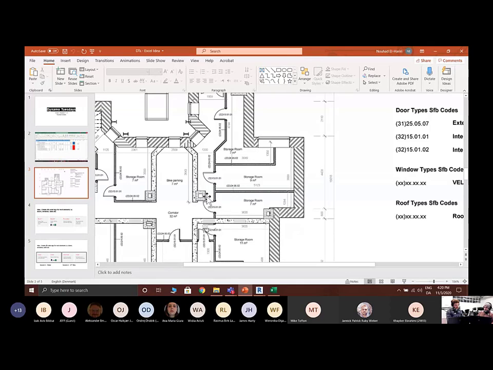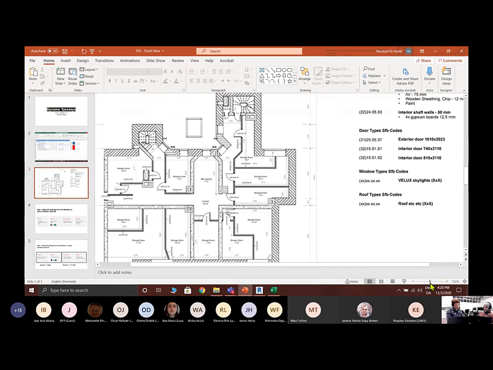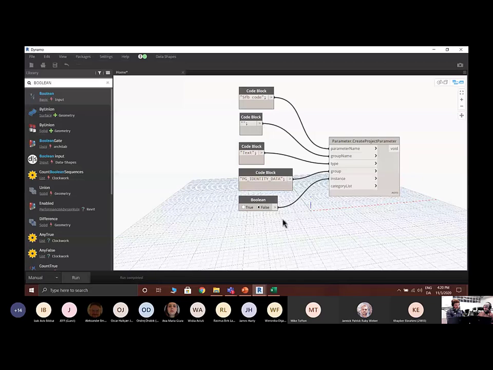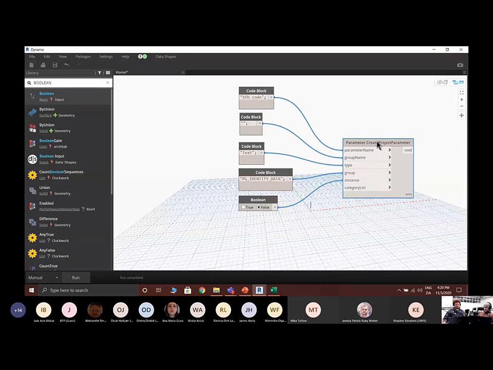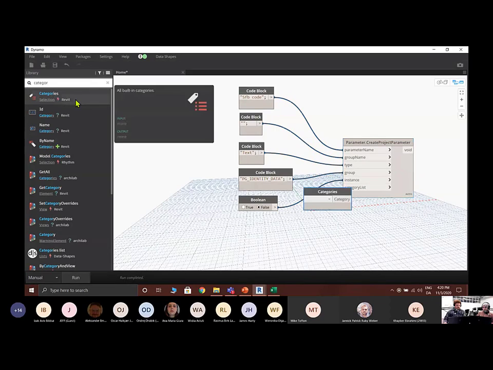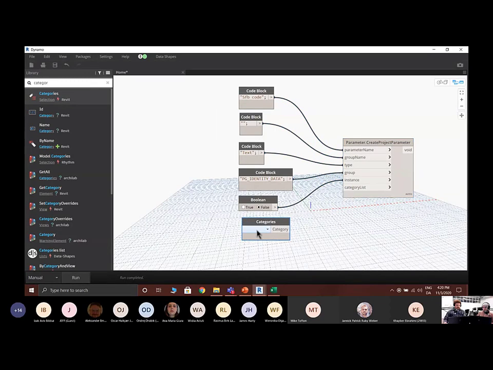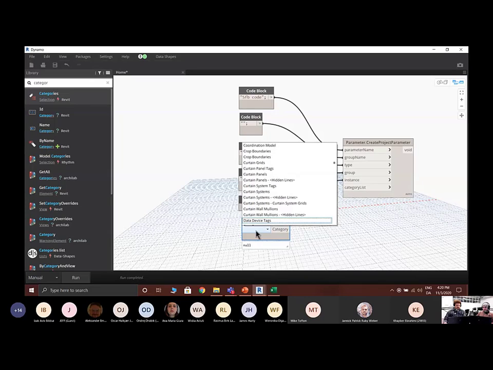Right now, I only have doors because that's the example that we're presenting. But you can, of course, choose walls, you can choose windows, you can choose specific families, you can choose so many different things. But for today, we are just going to use the doors as our category so that it applies this parameter to this category. So in order to get a category, just look it up as a node because it's straightforward from here. And then I will just click D and then scroll a bit down to get